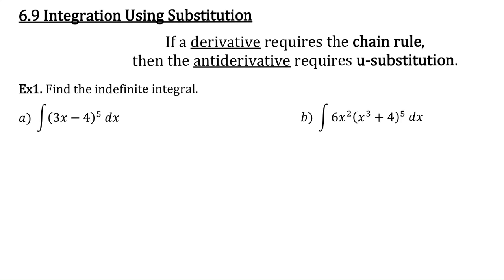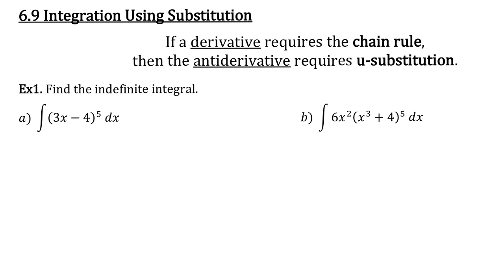6.9 is integration with substitution. Okay, so if a derivative requires the chain rule, then the antiderivative requires what we call U substitution. Okay, we're going to try it on a function so you can see what it looks like and why it's